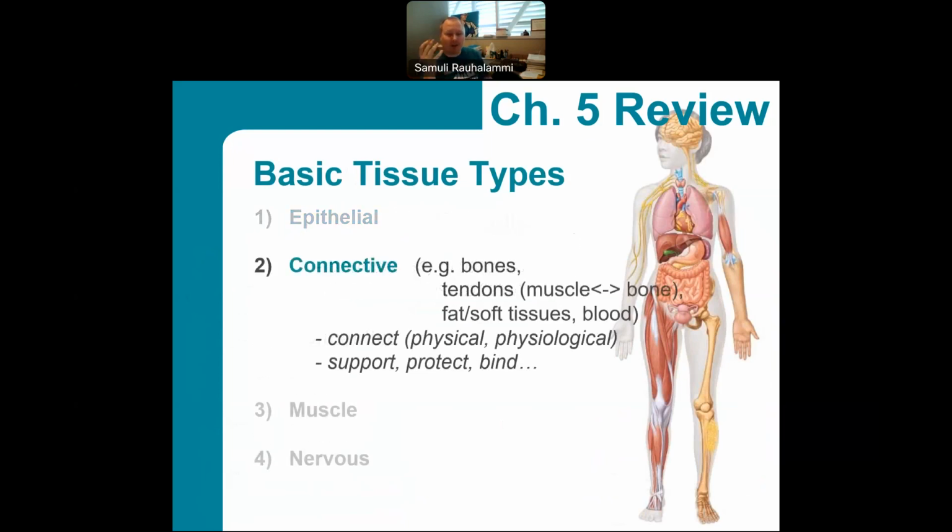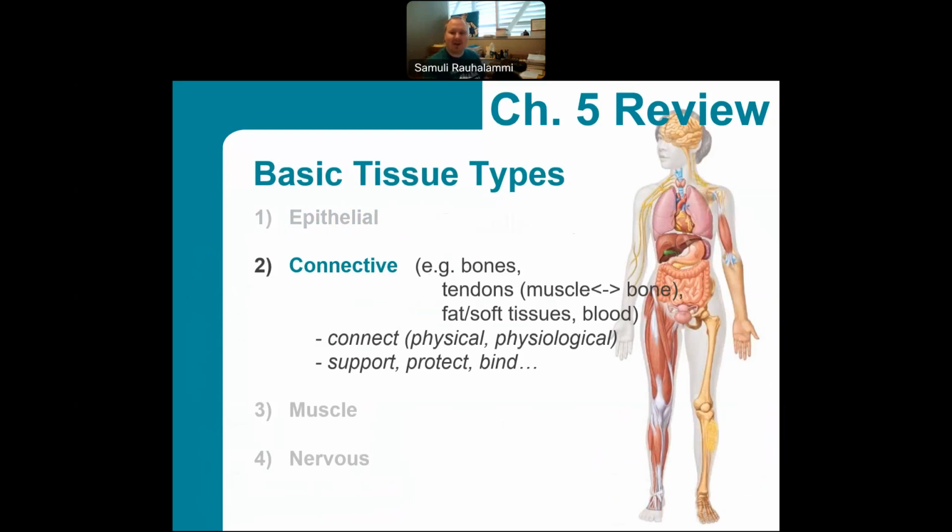Talking really quickly, kind of introducing the connective tissue. Connective tissues really do what the name says on the tin, so they connect body parts. These could be bones, tendons between muscles and bone, ligaments, they could be fat and soft tissues, or they even could be blood. A lot of the time, I think that kind of physical connection between structures is obvious for us, but you can think of blood, for example. It connects different body parts by transporting materials, so it very much falls under this category of connective tissues.